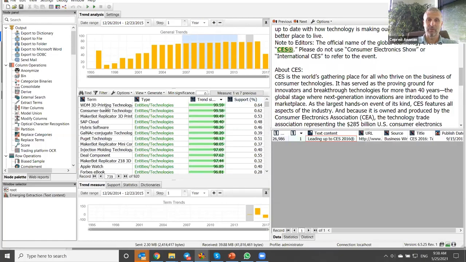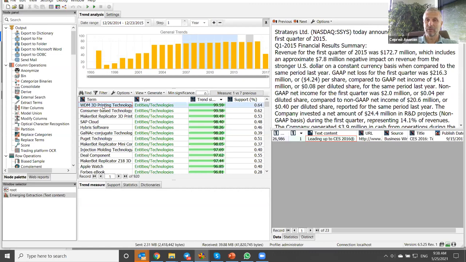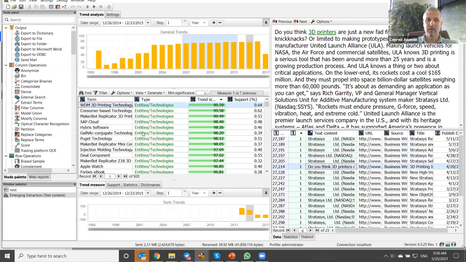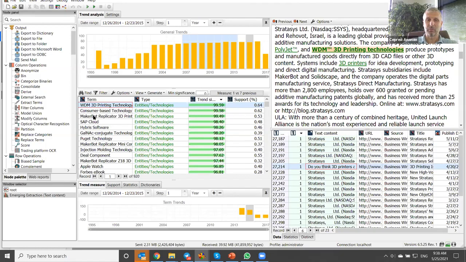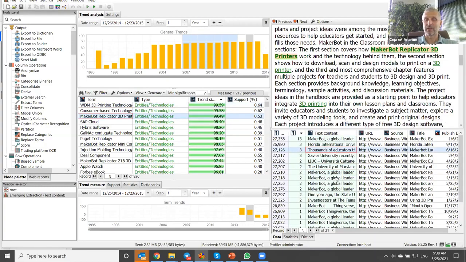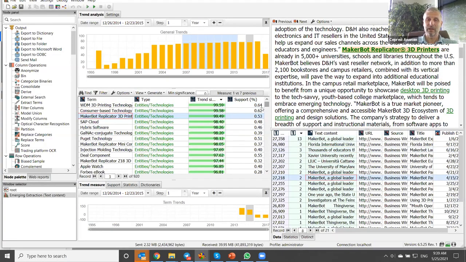For example, in this particular year, in 2015, it was this WDM 3D printing technologies that was trending, and market bought replicator 3D printer. It was another trend. So you can identify the trends, what was going up, what was going down.